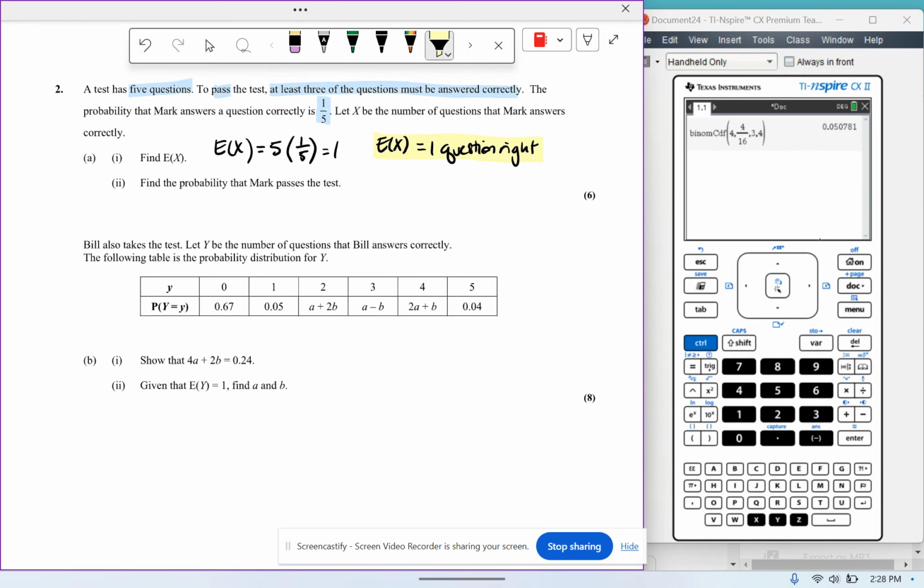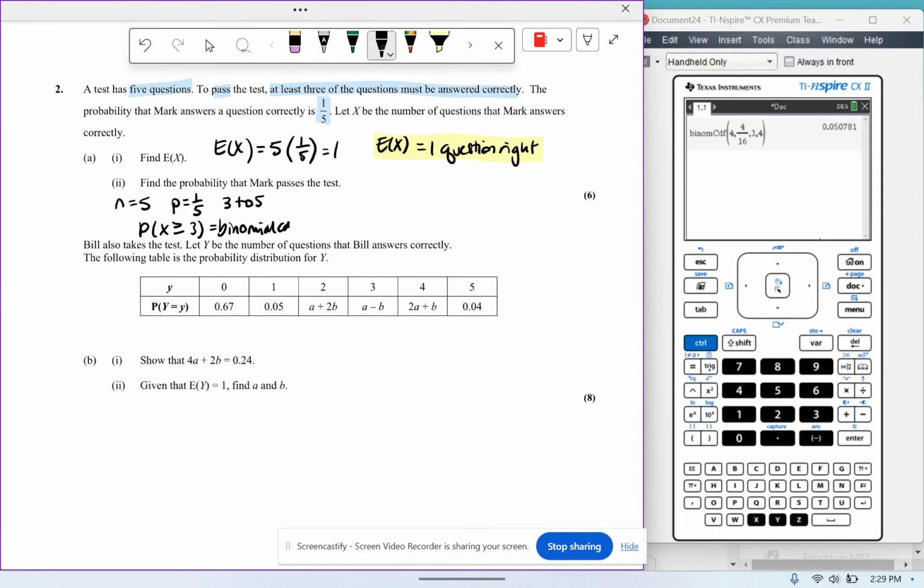Okay. Find the probability that Mark passes the test. Let's think about that. I have N equals 5. That's going to be the number of questions that the test has. The probability of getting a question right is going to be 1/5. And then he needs to get 3, 4, or 5 questions right to pass the test. So that's starting to look like a binomial CDF to me. So the probability that Mark gets at least 3 questions right is going to be